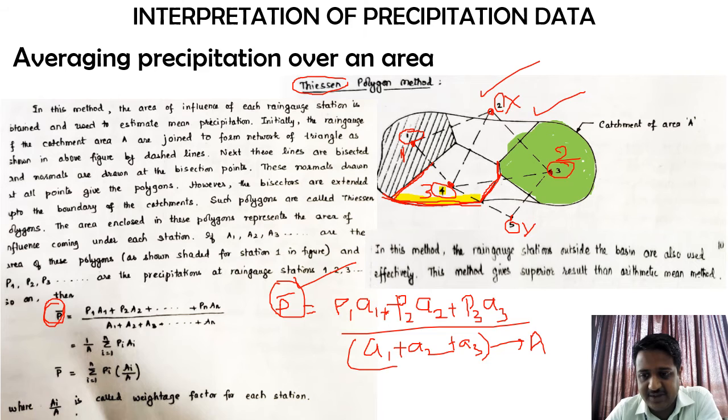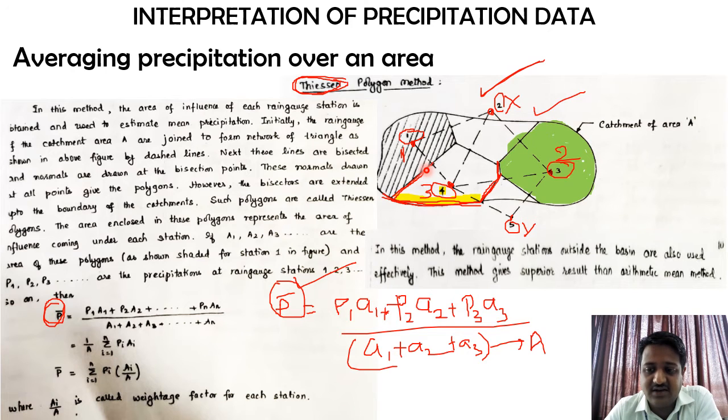So this is how we initially need to draw these Thiessen polygons and then go for the calculation of mean precipitation. Here are two things I'd like to say before we conclude. First, practically, whenever we do this method, you have seen all these random shapes coming up. These are not regular shapes, so if you try to calculate their area with formulas, it becomes very difficult. That's why we can use a planimeter, which is used to determine the area of any particular shape. With the help of the planimeter we calculate the effective area, so our work will be much faster.